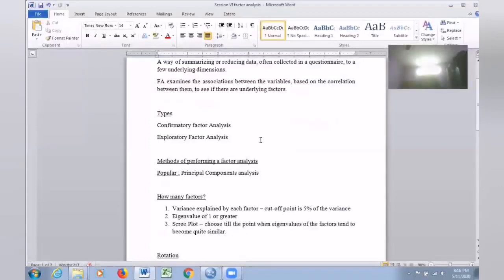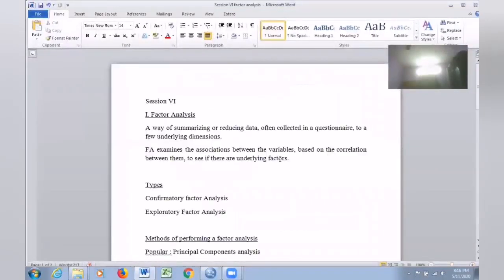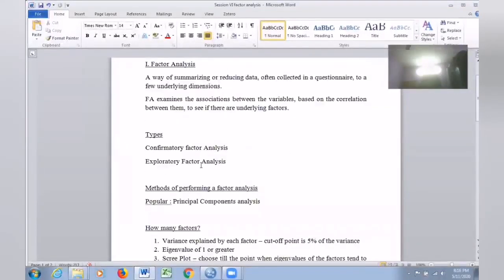And we have 2 different kinds of factor analysis. One is confirmatory, another is exploratory. Confirmatory in the sense that before you start conducting a factor analysis, you decide: these are the factors, and I am going to check whether the data I have collected have all these factors.